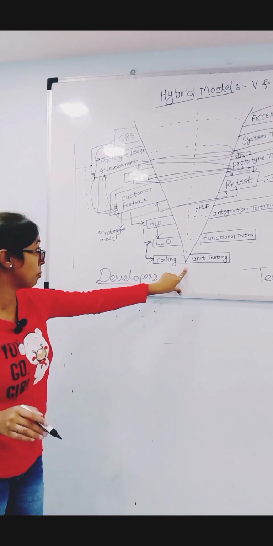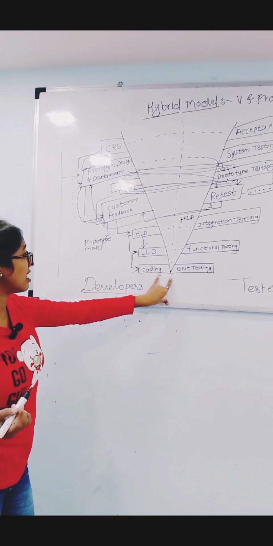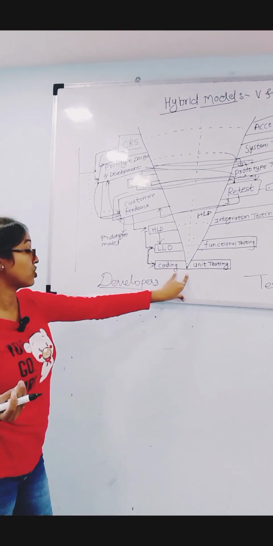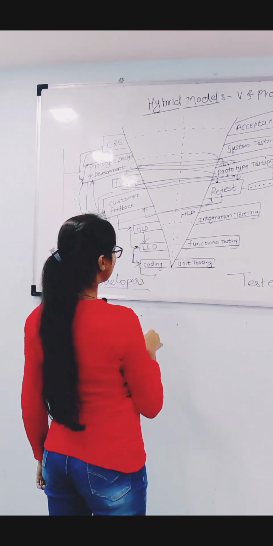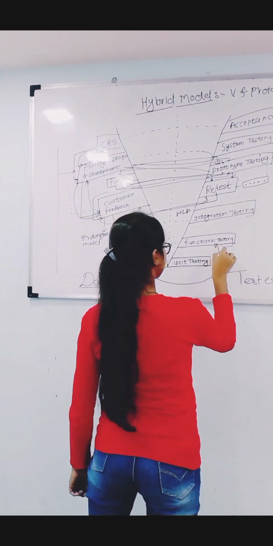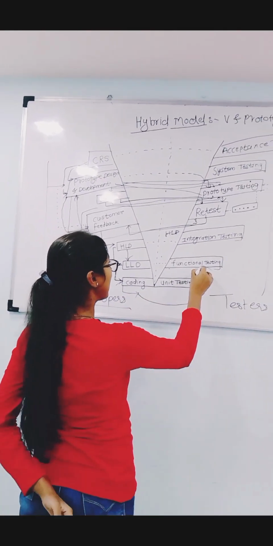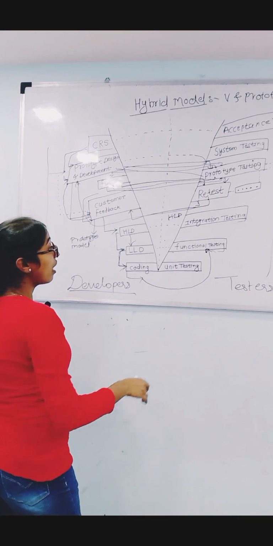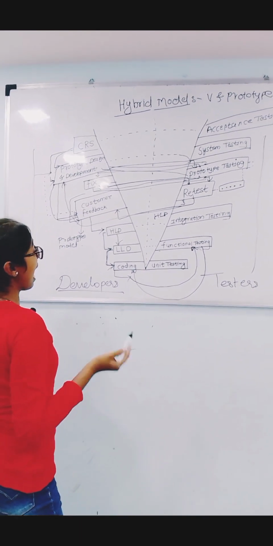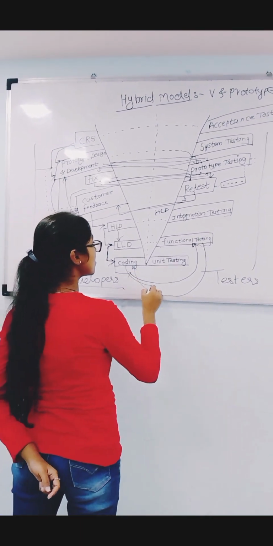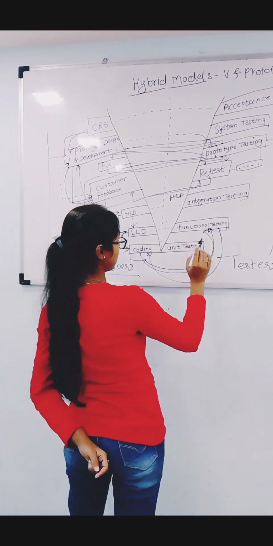Why does the developer perform unit testing? Because to give testable software to the testers. That's why we perform unit testing. Unit testing is what? Checking the program, right? Checking the program line by line. This is called unit testing. Once the coding is ready, it is given for functional testing. When the tester performs testing on the actual model, and if they find any defect or bug in the model, it is sent again to the developer to go and fix that defect or bug in the actual software. This process happens until the actual software becomes stable under the functional testing.